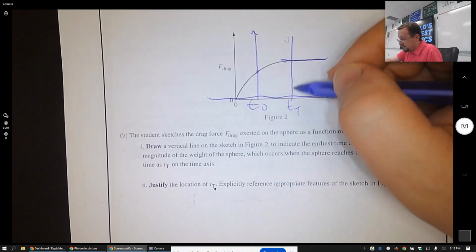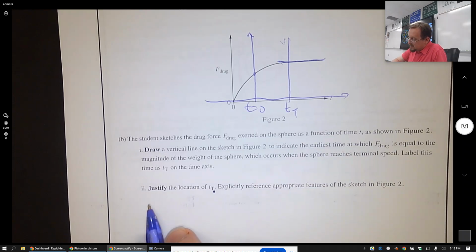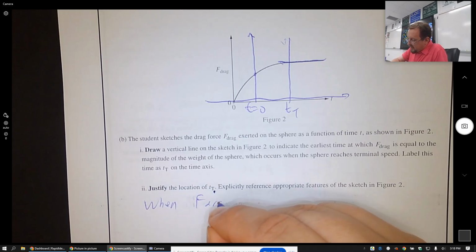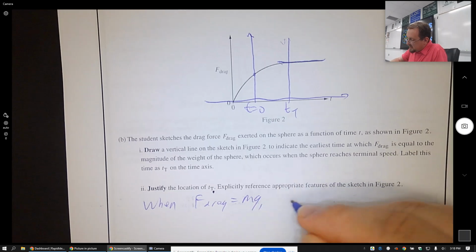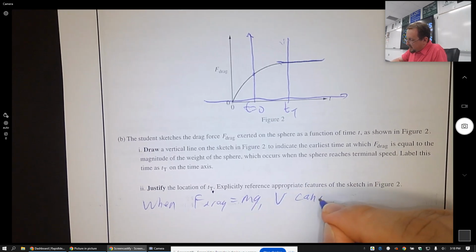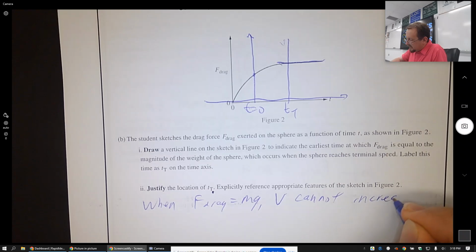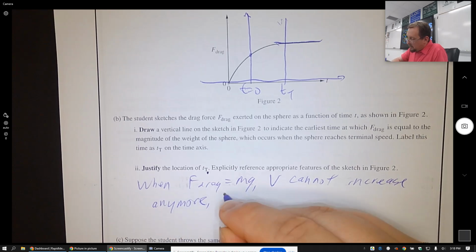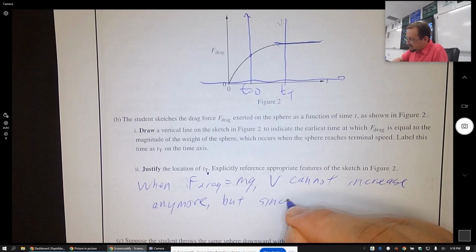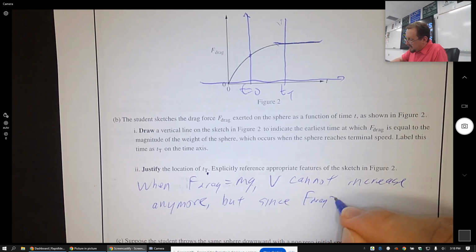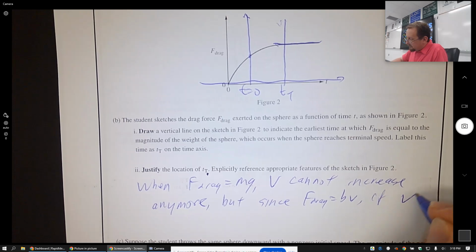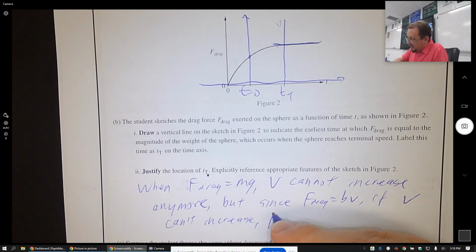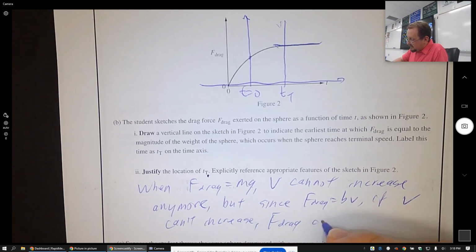I'm still correct here, as I'm going to say here. What I'm going to say is, when the F drag equals mg, the velocity cannot increase anymore. That's Newton's first law, right? But since drag equals bv, if v can't increase, F drag can't